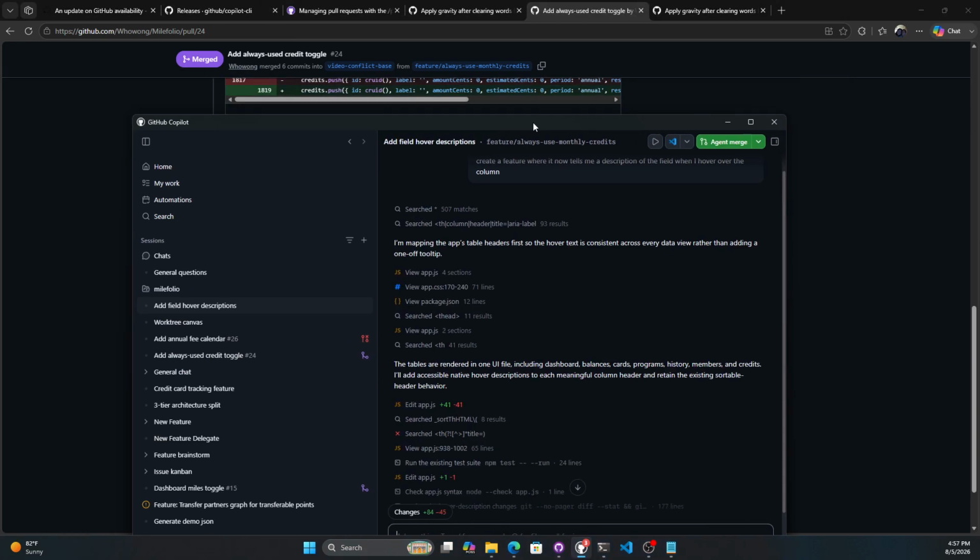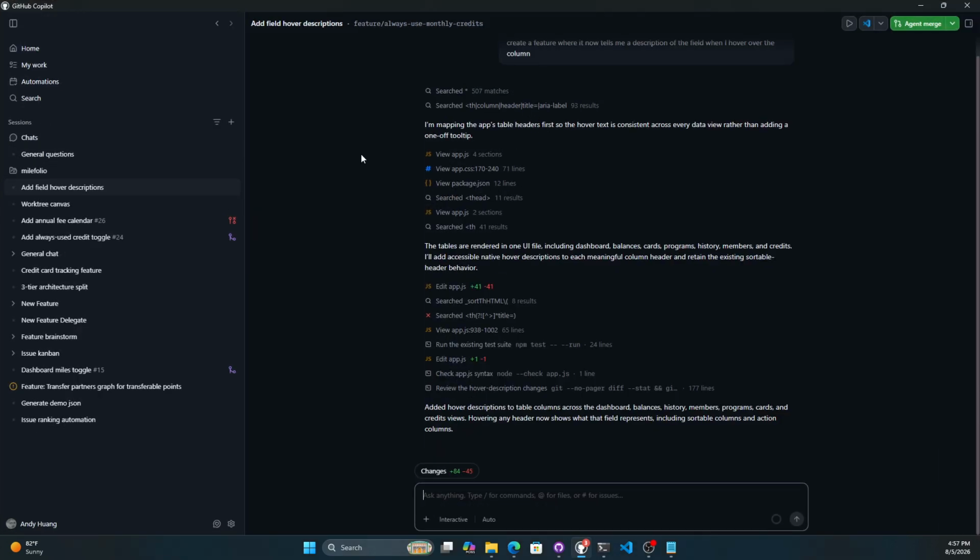All right, now if we go to the GitHub Copilot app, here is another feature that I have where I'm adding descriptions whenever I hover over. You'll notice that there is this agent merge button. Now it might say create PR if you clicked on that. Either way, there's a drop down where you can create a draft PR, a regular PR, or agent merge. And so it doesn't have as many options where you can individually select right off the bat what you want to do. But what I've noticed is if you go to agent merge and then you create it,